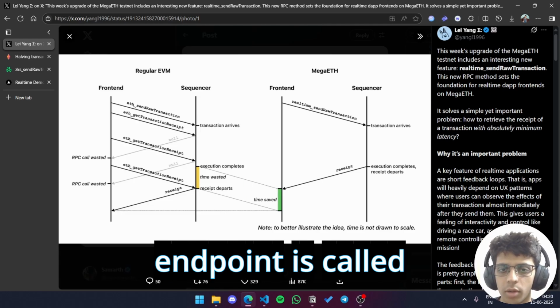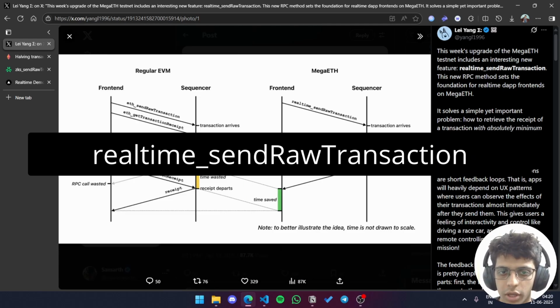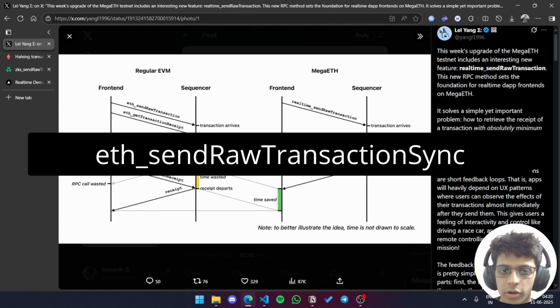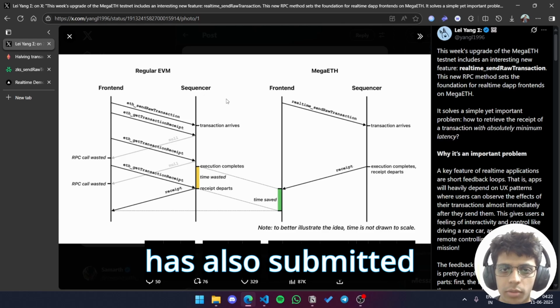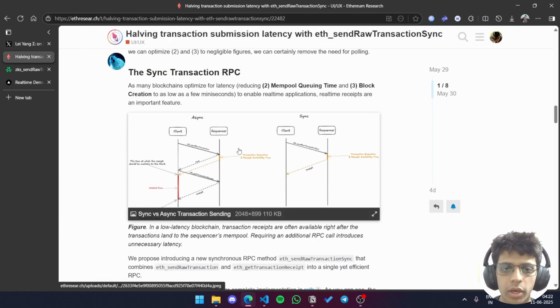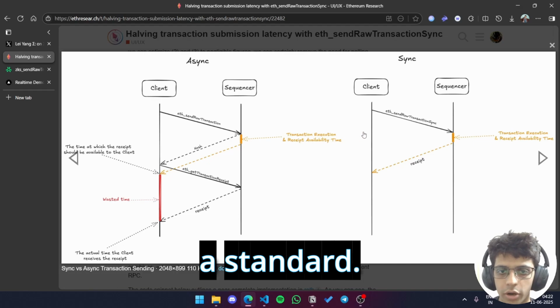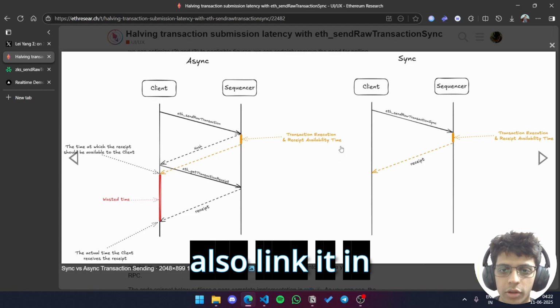MegaETH's special RPC endpoint is called realtime_sendRawTransaction, and RISE's endpoint is called eth_sendRawTransactionSync. And the RISE team has also submitted a proposal on ETH Research to make eth_sendRawTransactionSync a standard. I'm looking forward to seeing where it goes, and I'll also link it in the description so you can check